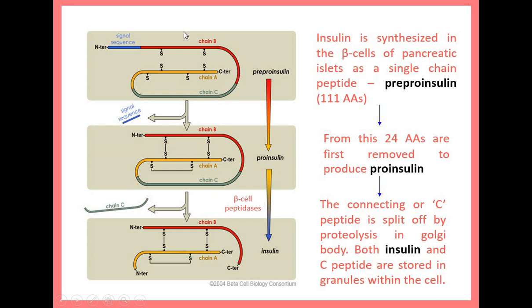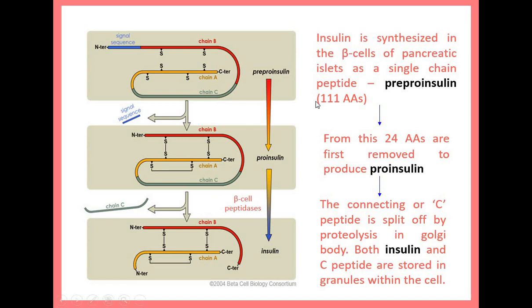If you are not able to remember the details at the level of second semester BPharm, just remember that the precursor is pre-proinsulin, which gets converted to proinsulin, and finally gets converted to insulin and C peptide. C peptide is easy to remember because you already know that there are A chain and B chain, so there is one more chain, C chain. The importance of C peptide you will learn in the higher semester, wherever you learn the pharmacology of the pancreatic hormones.